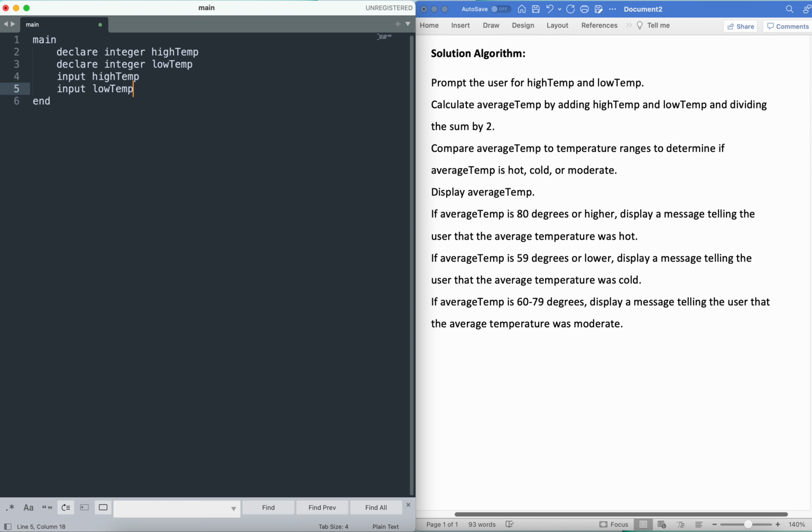Now, for the sake of simplicity, I'm not including in here messages that would pop up to tell the user what they should enter, but we will explore that a little bit when we do the flowchart, just so you can see how that would look from the user's perspective. But right now we're just focusing on the logic steps that we're going to follow in this program. So we ask for the input for high temp, input for low temp,